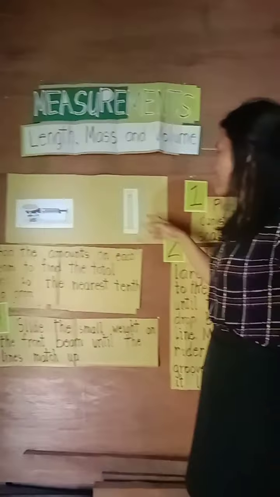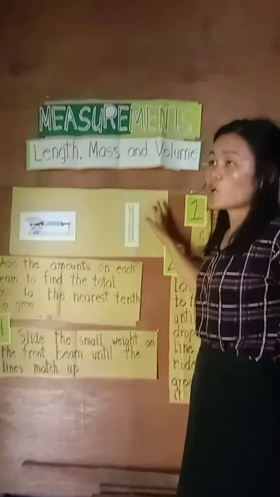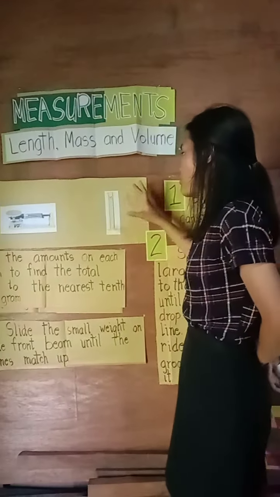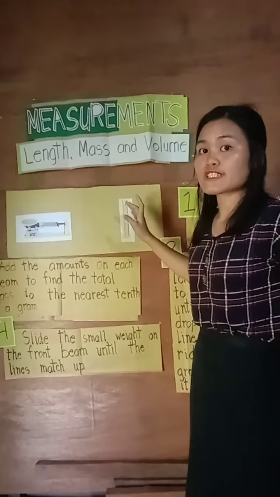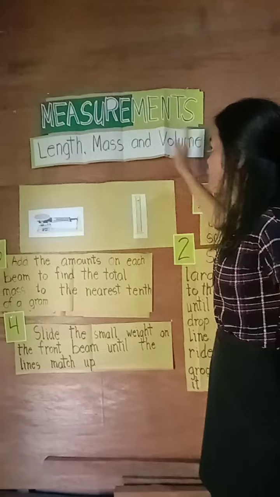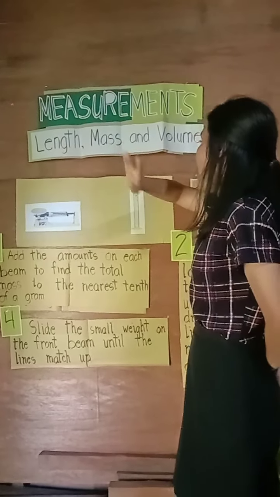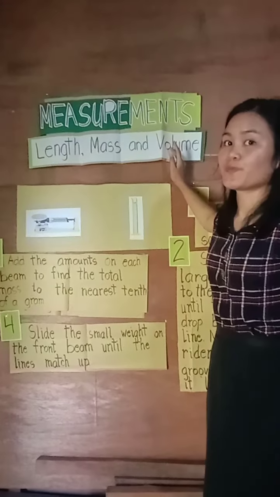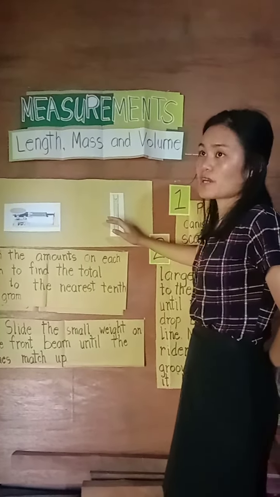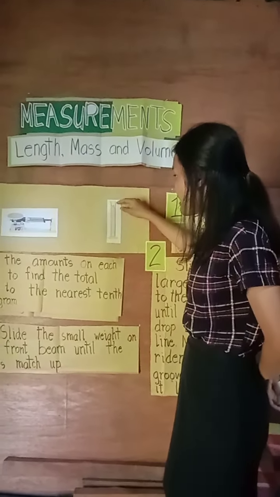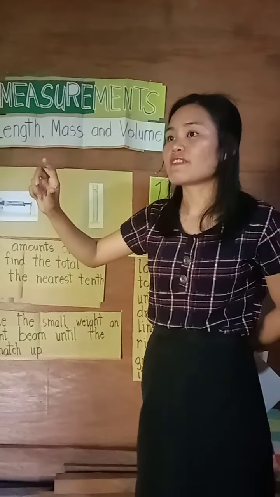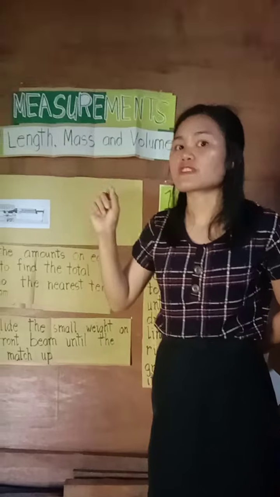So this is the so-called graduated cylinder. It is a measuring tool used to measure what? Of course, it is not a length, but it's also not a mass. It is volume that we're measuring using this one. So you're going to put the liquid, or say for example, extract or the juice of a